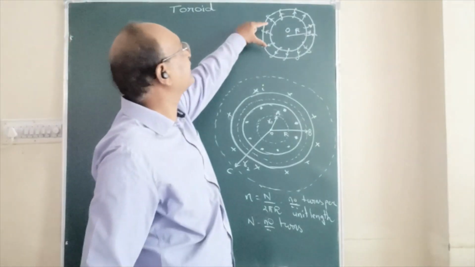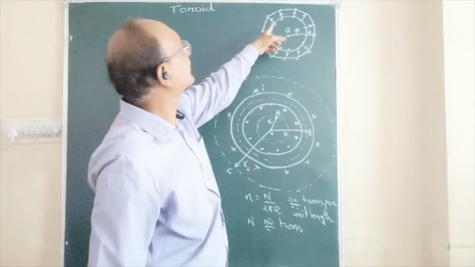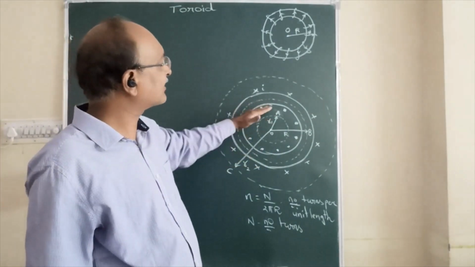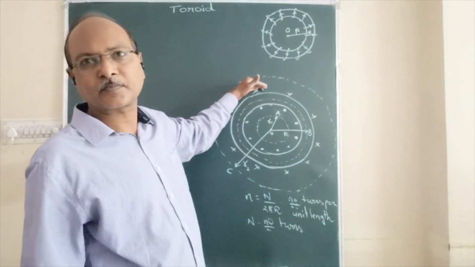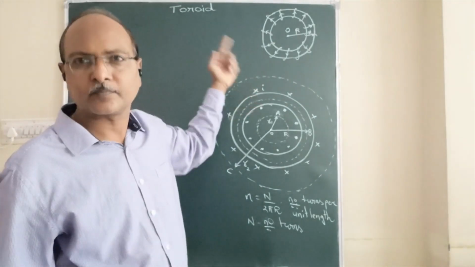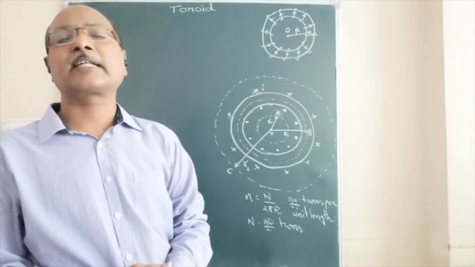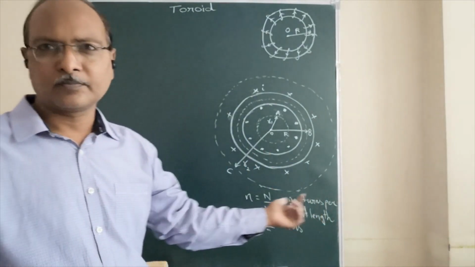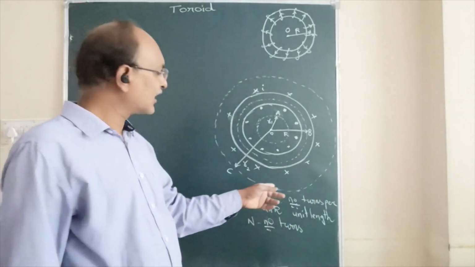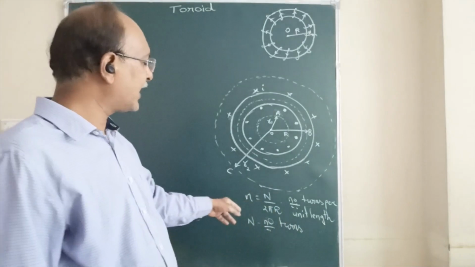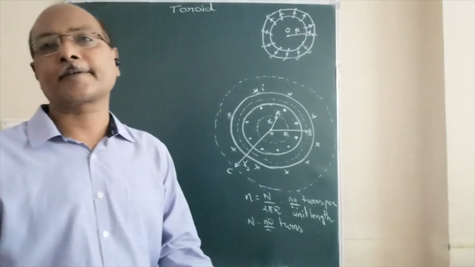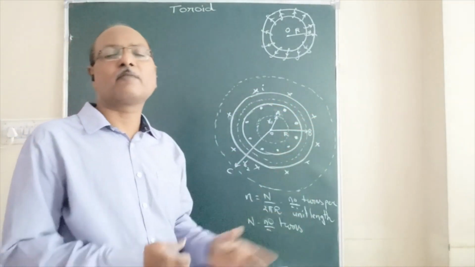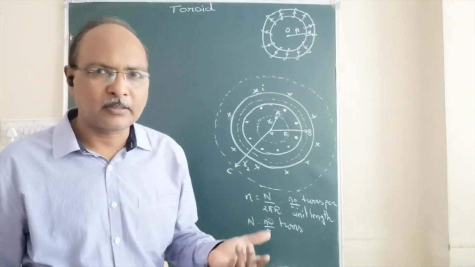Here the current passing, as I have shown the direction of the current, is coming out here and entering here. So we are showing the dots, meaning the current is coming out, and crosses meaning it is entering. So the current is flowing in this way. Here we are to find the strength of the magnetic field. Capital N represents the total number of turns and small n represents the number of turns per unit length. So you can take n is equal to N by 2 pi r. Now we have taken 3 different Amperian loops, so we apply Ampere's circuital law for each loop.